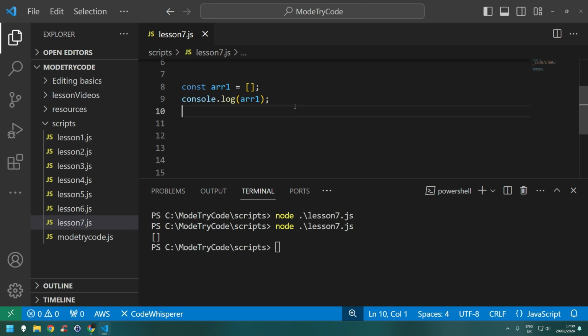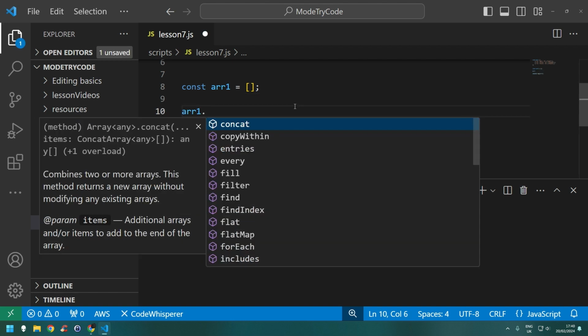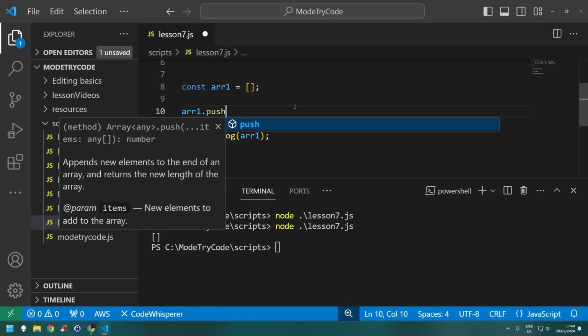So there are 4 or 5 functions at least, but we can start with an easy 4 or 5 functions that you can use with arrays to fiddle with them, to manipulate them, to put stuff on them, push stuff off them, etc. So with our array1, what we're going to do is we can use the push function to